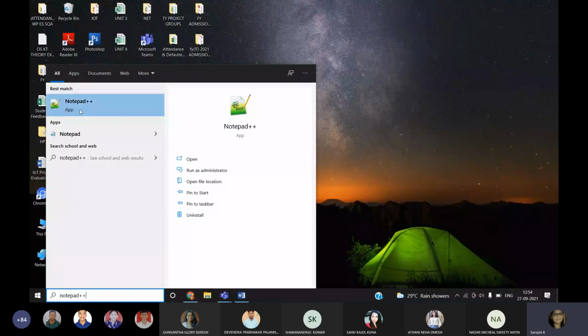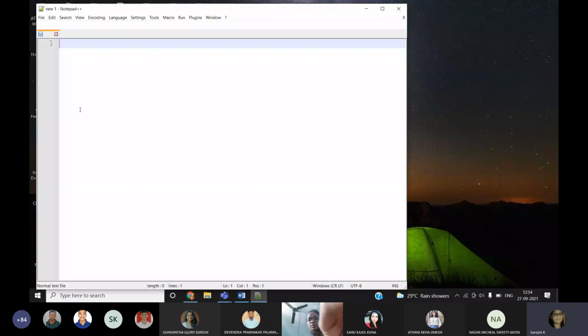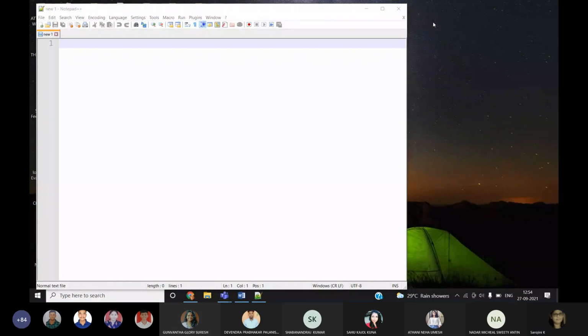So it's coming here, Notepad++. Just by clicking that, I open Notepad++. The screen is empty now because I already started using Notepad++. This is not the first time. If you get any content when you open it the first time after installing, you can delete it, or otherwise keep it as it is.